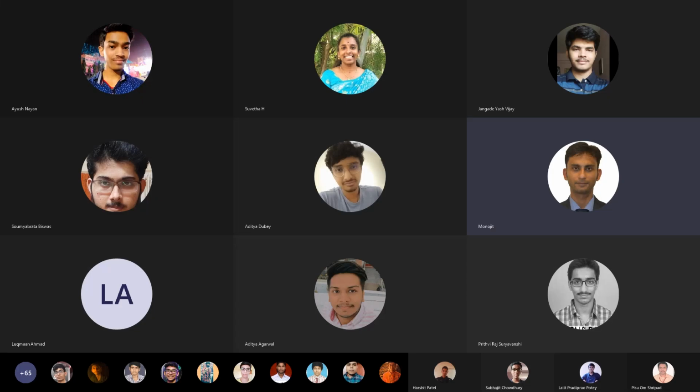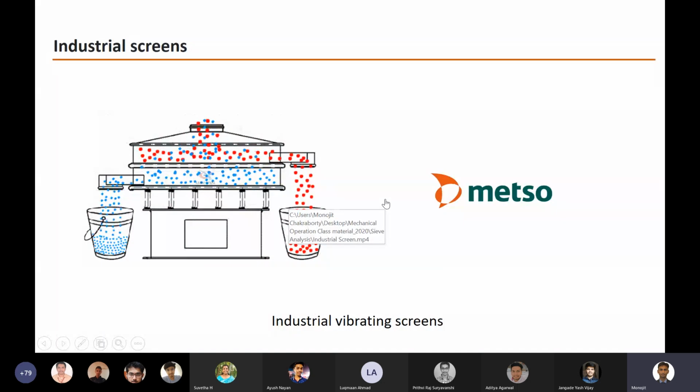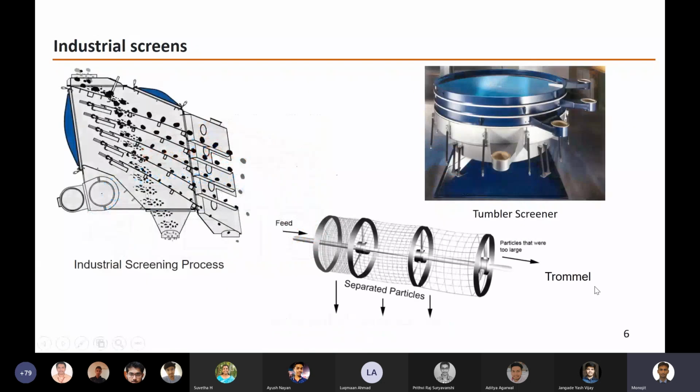And we had seen one example of industrial screens, how they look, and then we also saw a video of the entire process, from taking the ores out of the mines to the sieving process. The entire process you have seen, and we also discussed some of the different types of industrial screens in brief, and their operations.